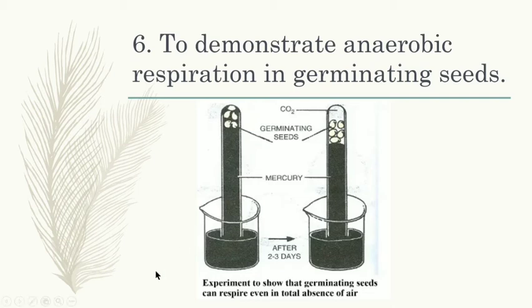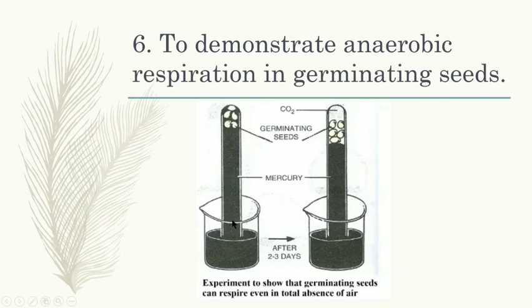Now introduce these seeds in a test tube filled with mercury. You see here the mercury is filled in both the test tubes, and ensure that the seeds float in the mercury at the top of the level. So the seeds are floating, being lighter in weight than the mercury, so they will float here at the top level. Now this becomes the experimental setup A. We will label this test tube A, and leave this experimental setup for about 48 hours